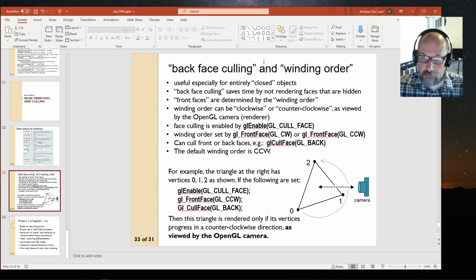So when we're creating objects that specifically aren't just a billboard, now in some cases you might want to have both sides visible. Imagine you had a piece of paper, something that is just a flat surface or a flat mesh, and if it rotated, you might very well want to see the back of it, right? So you want to spend the time to render that if it's facing the camera. But if it's not facing the camera, if it's inside another object,